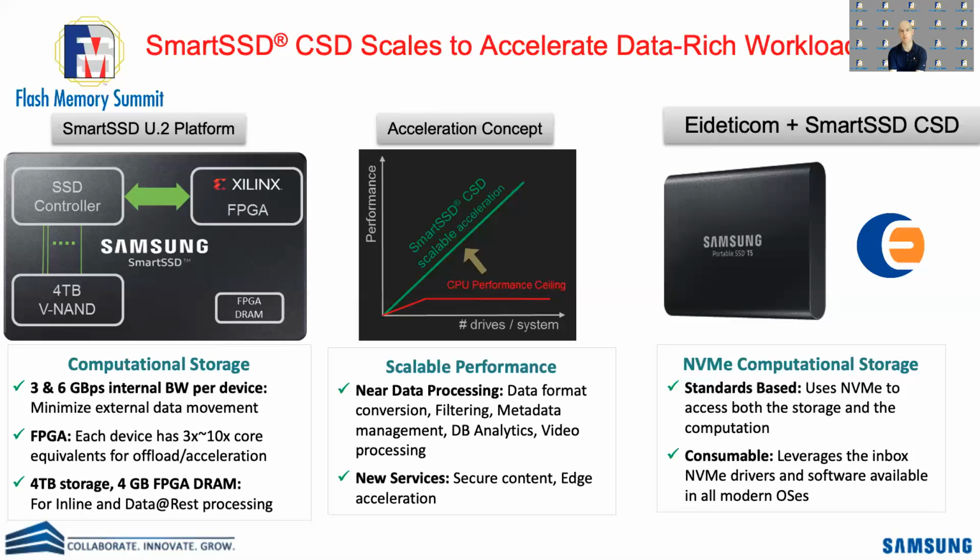Typically, when you have some kind of processor-based performance gain, so something based on the software running on the CPU, you end up hitting some bottleneck, and adding more drives to the system doesn't help you. And that's the red line on this slide. So what Samsung and Samsung's customers are seeing is the ability to scale performance by adding more and more Smart SSDs into their systems, and then using clever software to tie that into the applications